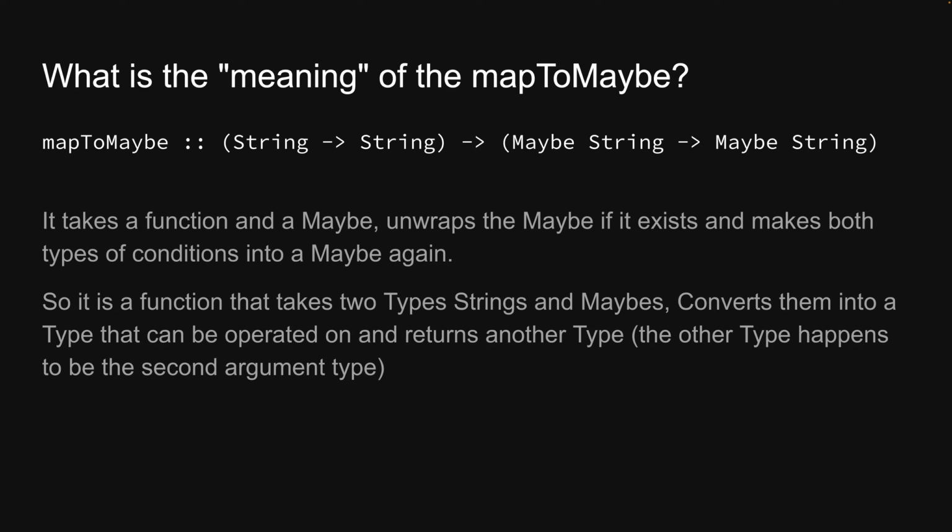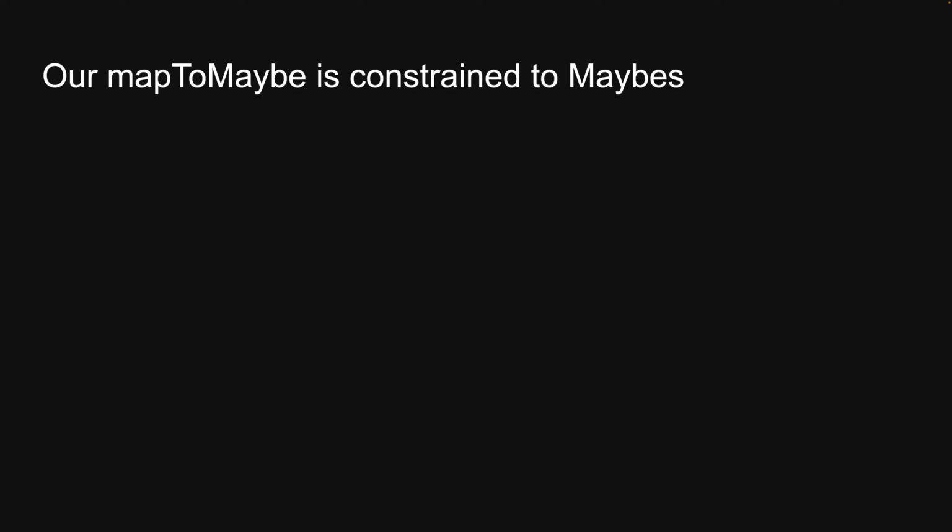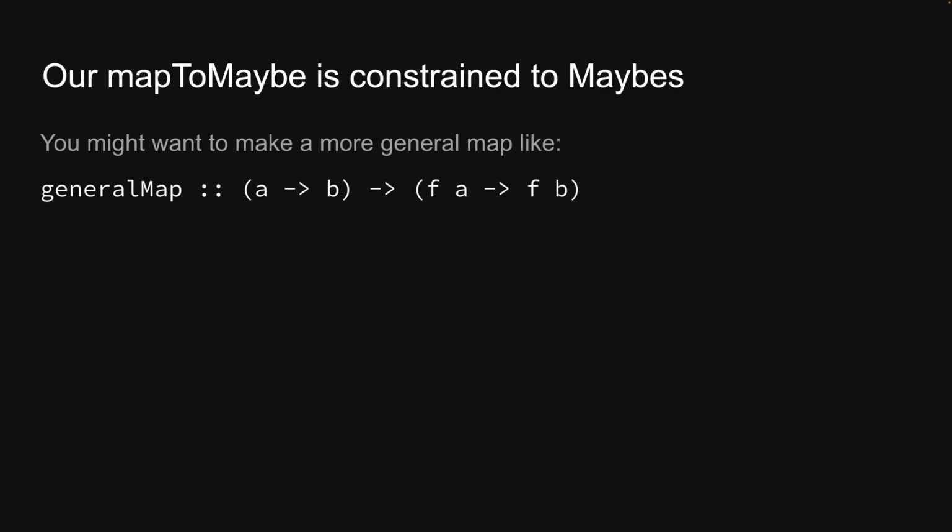It's pretty restricted, constrained, right? It's constrained to maybe strings, not just maybes, maybe strings, right? And you might want to make a more general map, like this, a general map, which goes from A to B, that takes some f of A and returns some f of B. And this is a powerful